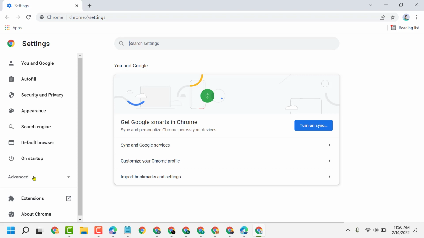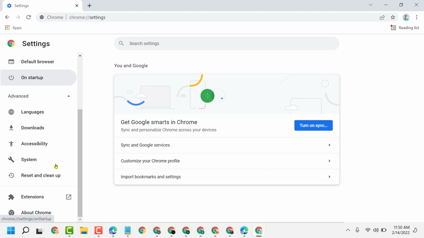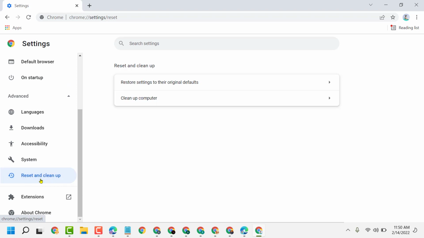Now in this left side panel expand advanced, and here the option reset and cleaner. Left click on it. Now click on restore settings to their original defaults